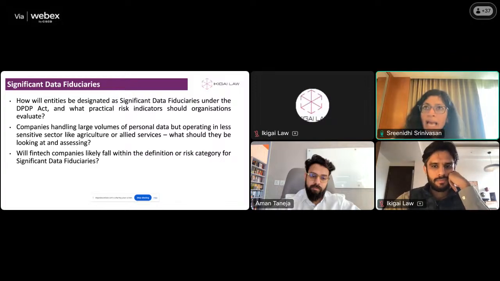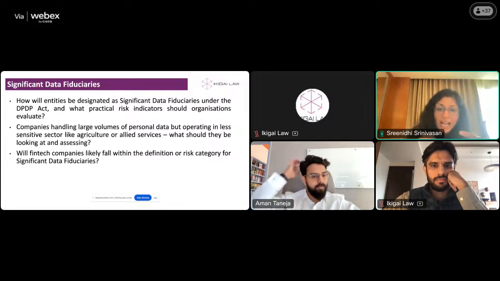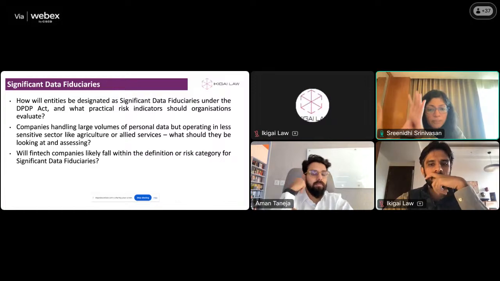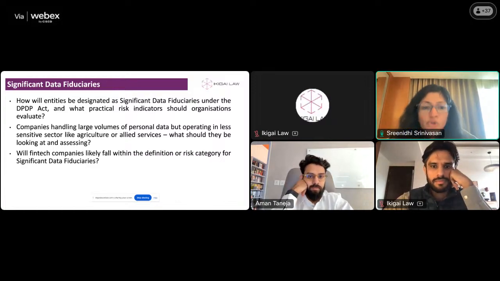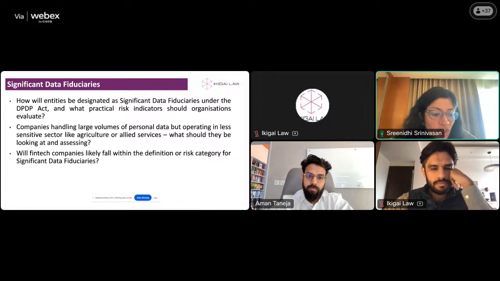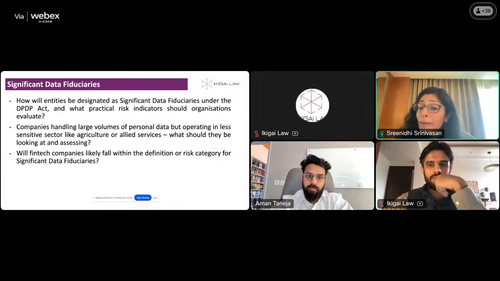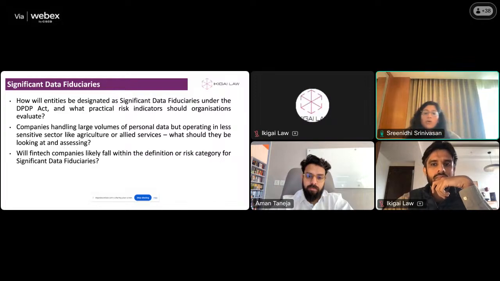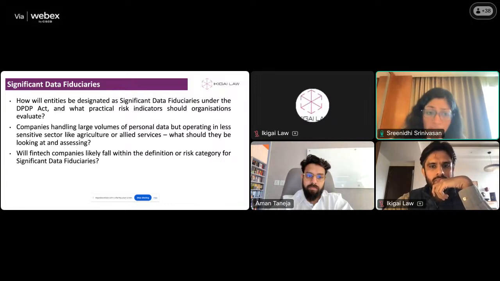For other services like agriculture, allied services, the first point of course is there has to be personal data. If it is non personal, if it is completely soil patterns, that kind of data is outside the scope of the law entirely. But otherwise, whatever notification comes in, if it's a user base threshold, then it doesn't matter whether the data is sensitive or not sensitive. If it says personal data records of such and such number of users, then it wouldn't matter whether it is agricultural data or if it is financial or health information.